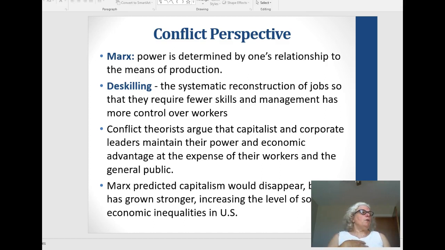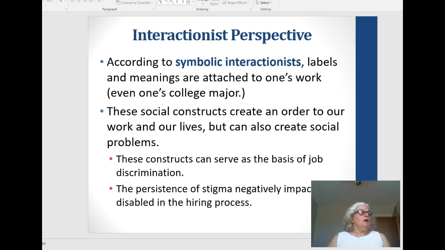When we speak of auto plants, we know that the Saturn plant was actually built differently. GM put in that model so that everyone would have a responsibility for what they did and they could do each other's job. And so the final product was something that they were proud of, and it changed the whole market. But again, that failed based on our economic downturn, and we saw the loss of that in the last decade.